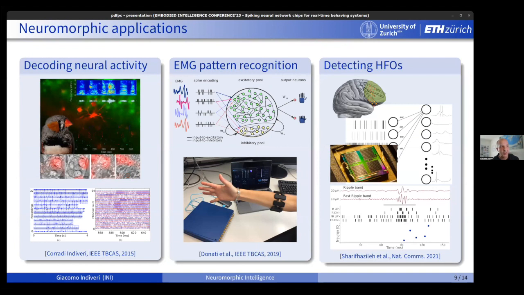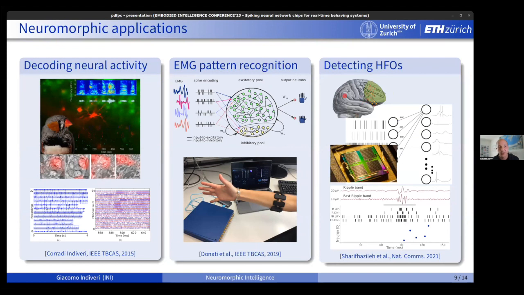So we've been using them to decode the measurements made on zebra finch, to recognize the song of the bird by listening to the neurons of the real birds. We use them regularly to classify EMG signals and then control prosthetic devices, or we connect them to real neurons